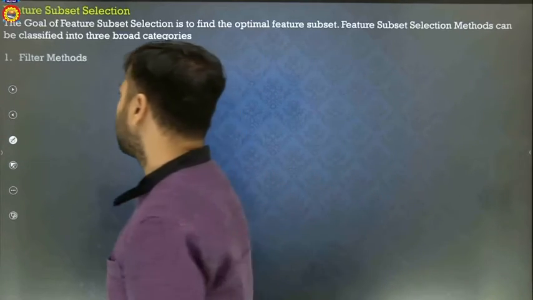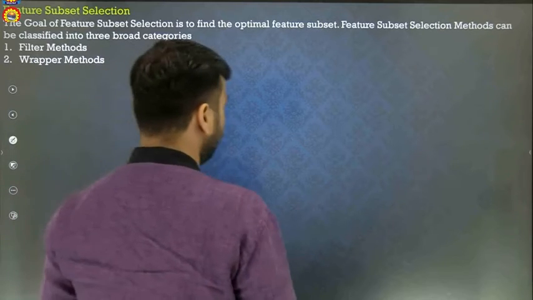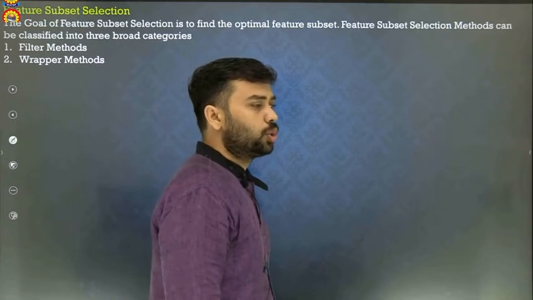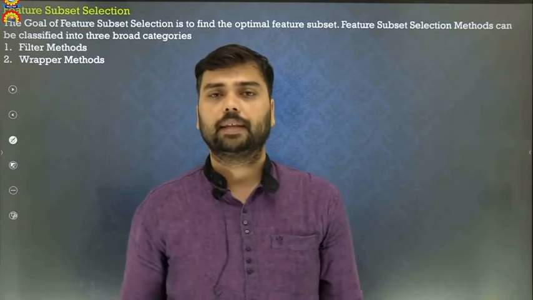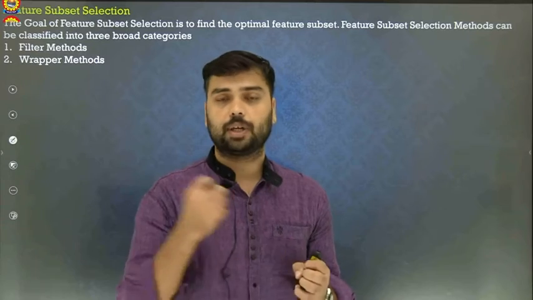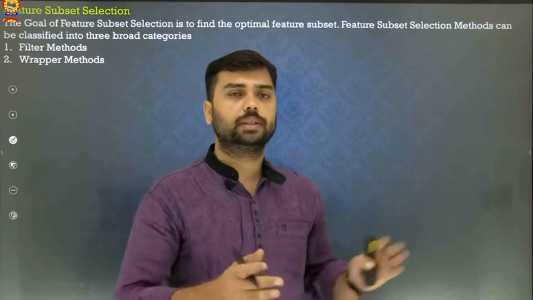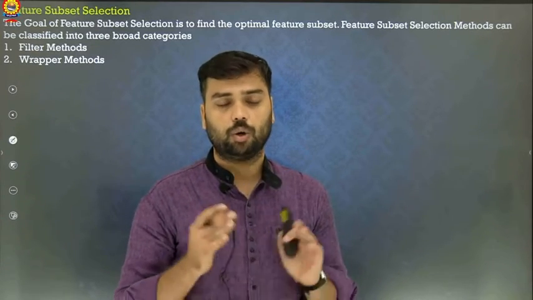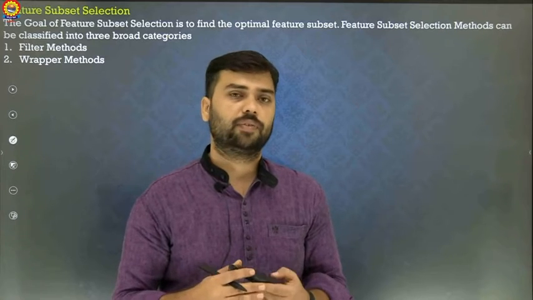Okay. Yesterday we already discussed what feature selection is. We have a data set. In the data set, we have some features, and we select only some features, or a subset of the features, from the whole data set. That is known as feature selection.